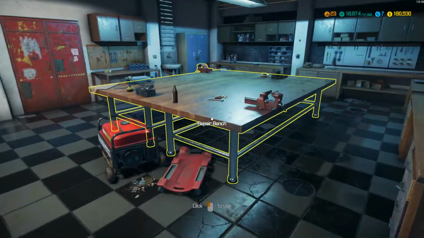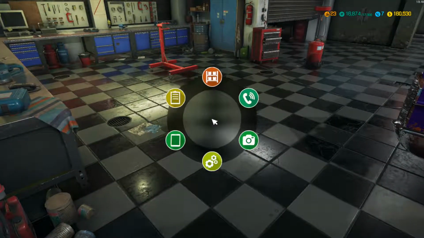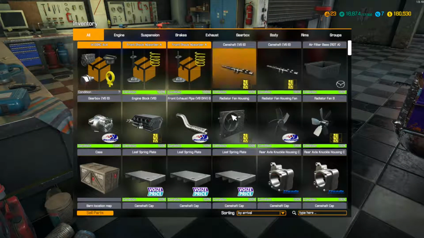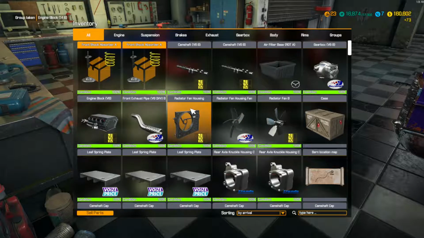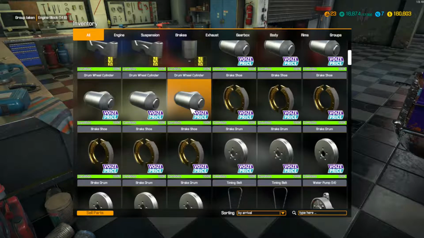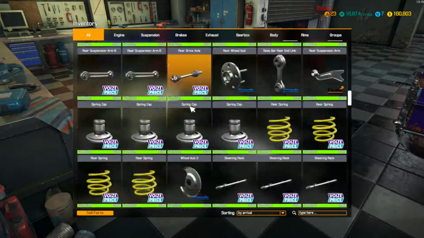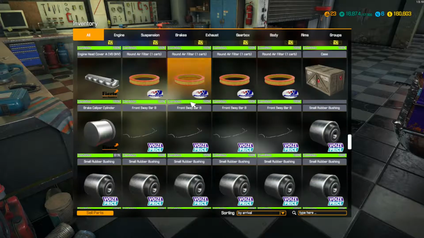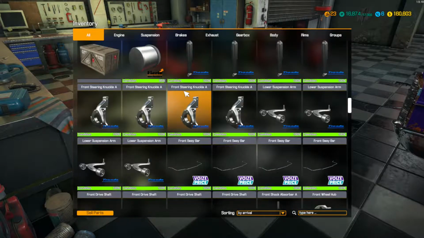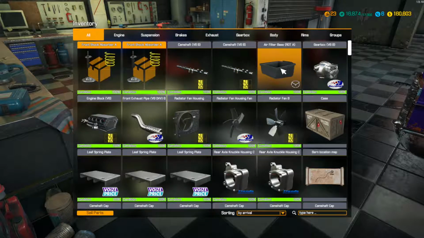I wonder if I can... Actually, you know what? Let's go into inventory here. Can we search for parts? We're going to sell this. I don't want that. That's crap. Where is our other engine at? I guess we technically can't build it anyways just because we have to replace with 100% parts, don't we? I mean, maybe...